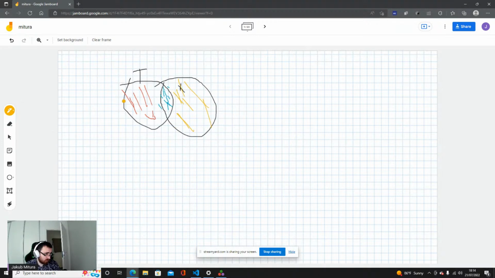So we have the true positive part, the false negative, and the false positive. This is basically how the dice score looks. And Jaccard and a lot of others are based on the same idea.